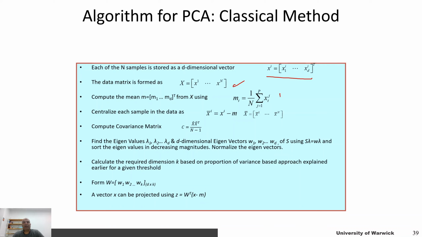You first go ahead and normalize your data set, so you can calculate the covariance matrix like this one, and then you find the eigenvalues and eigenvectors of this covariance matrix, and then you project all of your data using this matrix W after you have selected whatever number of principal components you want to select, let's say k. Okay, so this is the classical method of doing principal component analysis, and the good thing about this method is that